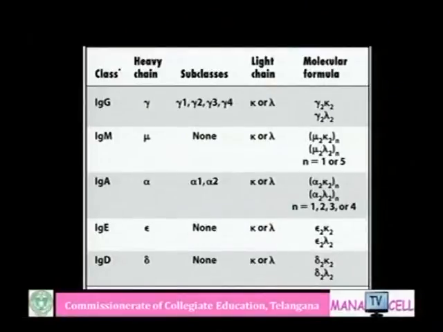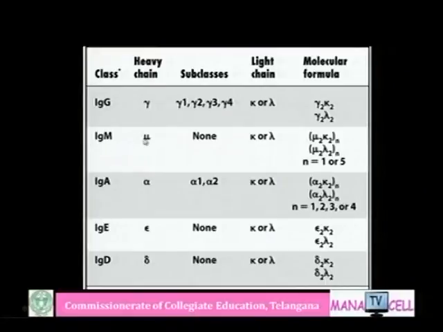They used to call it GAMDE: immunoglobulin G, immunoglobulin A, immunoglobulin M, immunoglobulin E and immunoglobulin D. So, this is the general overview of all immunoglobulins. The classes G, M, A, E, D are determined by the heavy chain. The constant region of the heavy chain belongs to the gamma type,